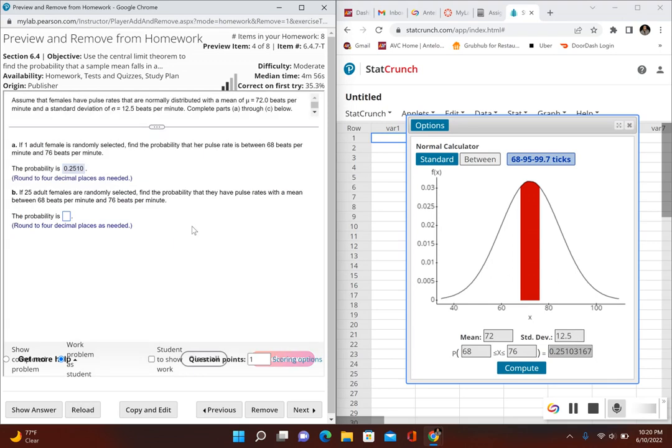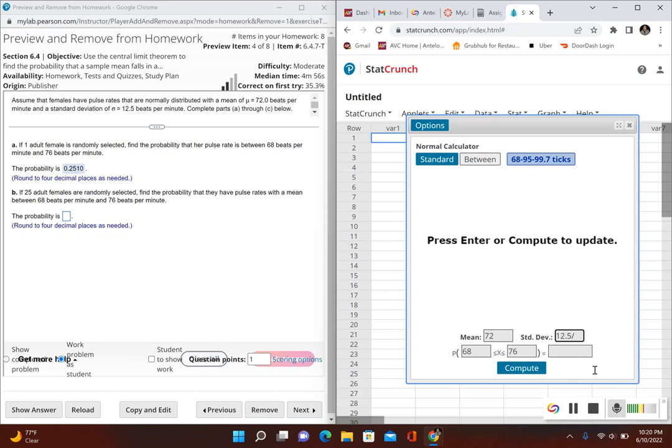Now for part B, this is how section 6.4 differs from 6.2. This time, it's saying if 25 adult females are randomly selected. So now we're selecting 25 females. We're trying to find the probability that they have pulse rates with a mean between 68 and 76. Now, the only adjustment that we need to make here is to the standard deviation. So we take the original standard deviation, which is 12.5, and then we divide it by the square root of